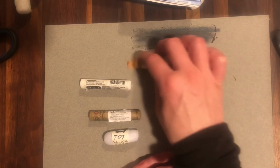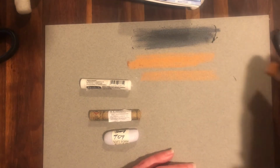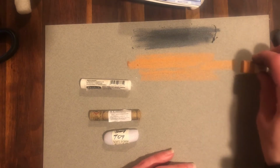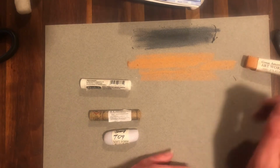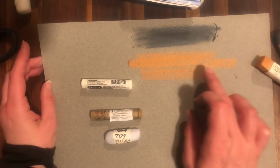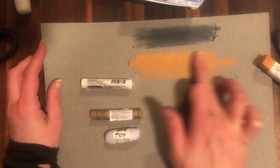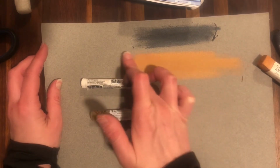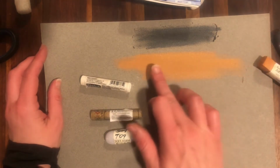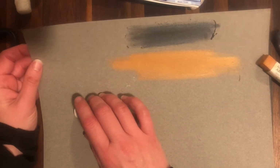Now this is nice and smooth, and again, one stroke gets very good coverage. I am rather liking that color now that I'm looking at it. That'd be a nice sunset, and I want to smooth it out. Oh yeah, that's pretty. Great American is just, they're really a joy to use. It just spreads on like butter, and it feels so good. And this just, it's really nice. It's like a